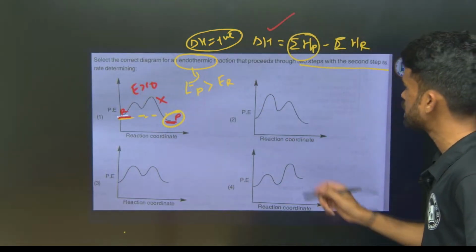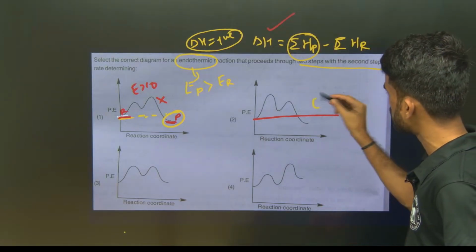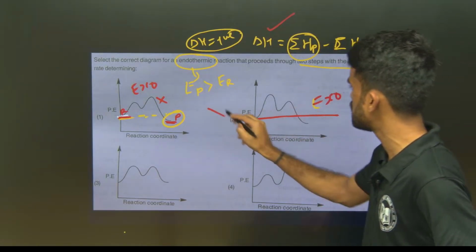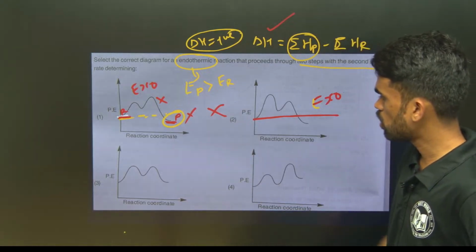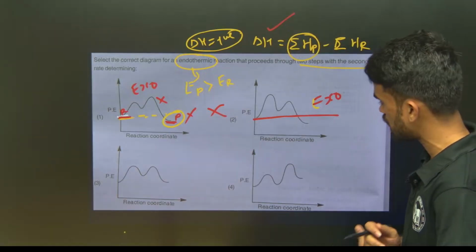Okay. So now look at here. Just make a line like this. See, this is also for an exothermic reaction. So eliminate these two options first. Okay. So now out of these two, look at here, the fourth graph is looking